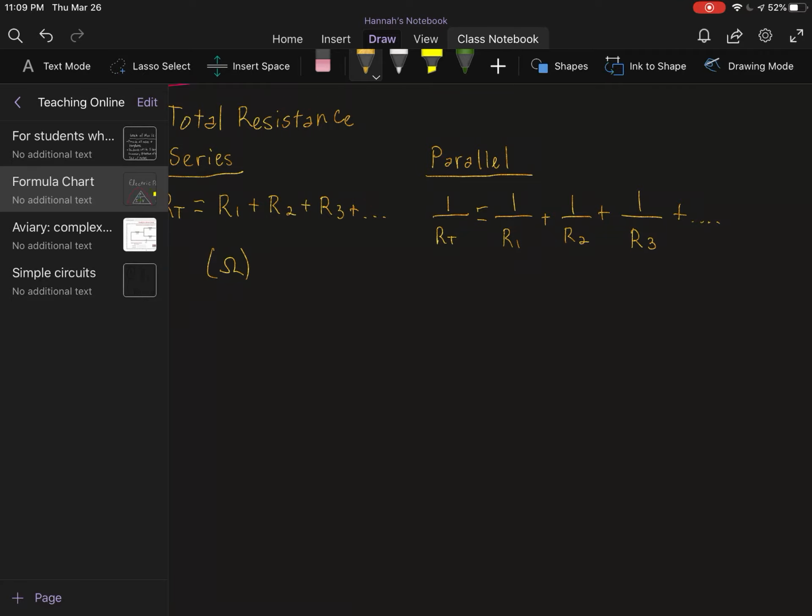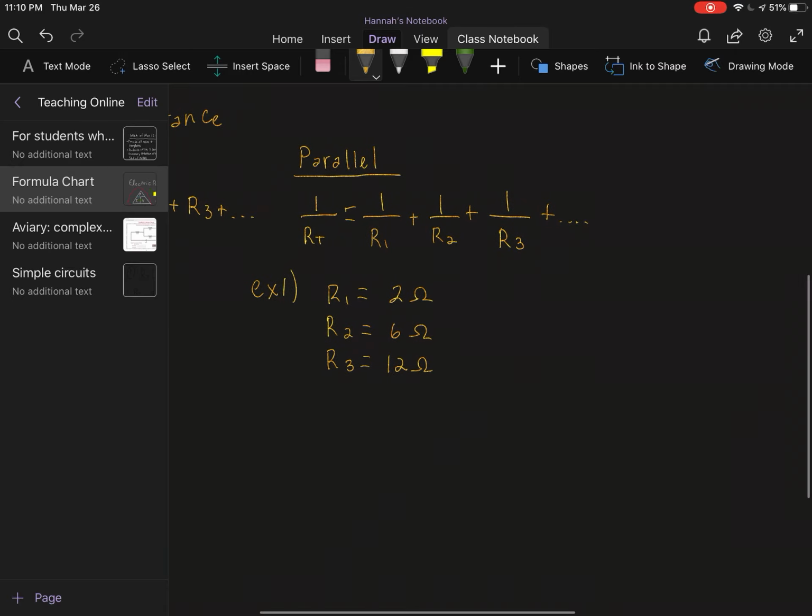Okay, so let's say for example number 1, my resistances are, let's not use crazy numbers. R1 is 2 ohms. R2, let's say, is 6 ohms. And R3, let's make it 12 ohms. Okay? So if I have these in parallel,